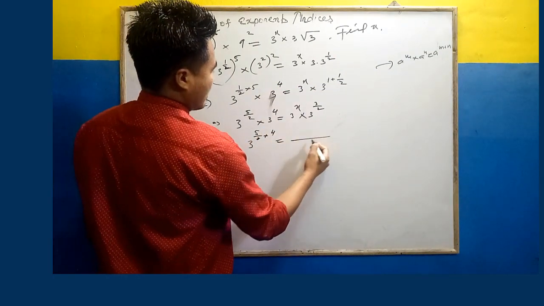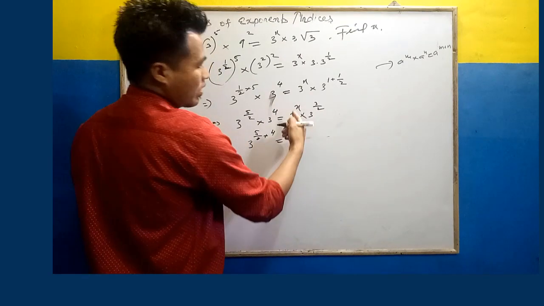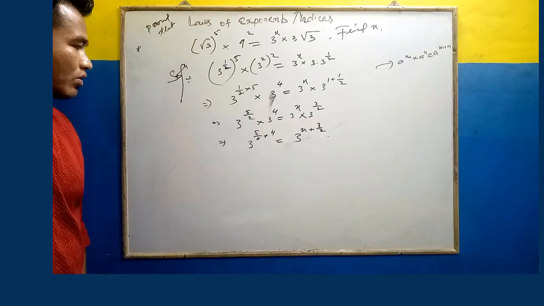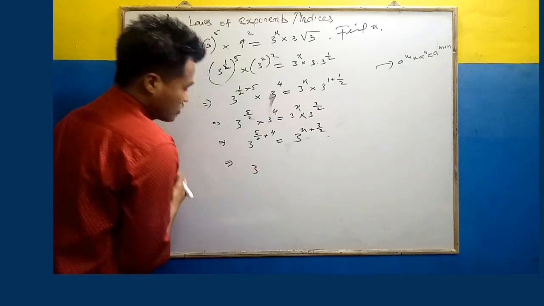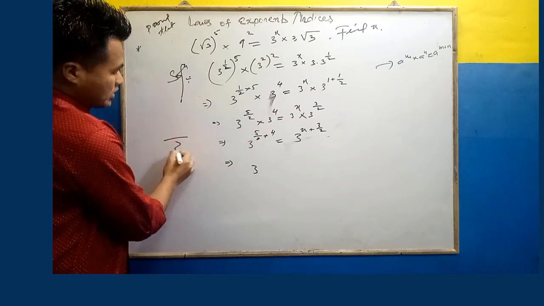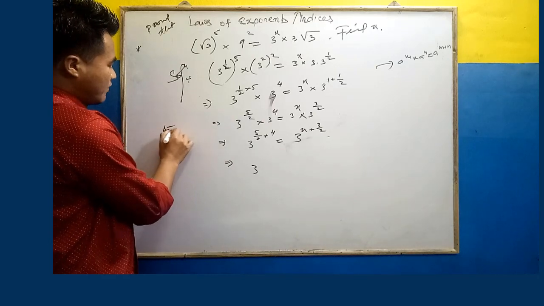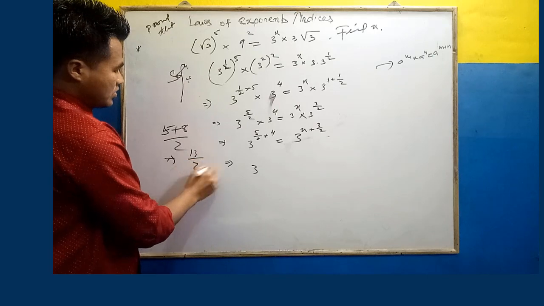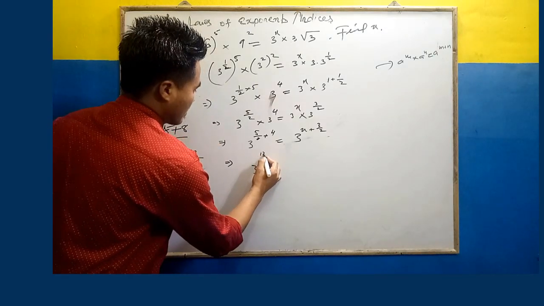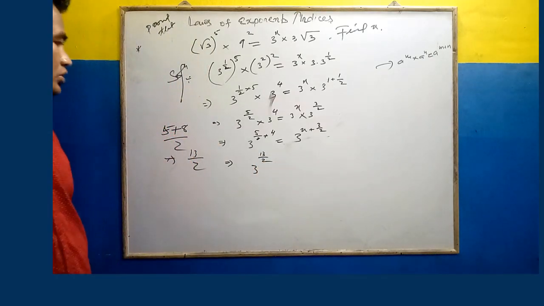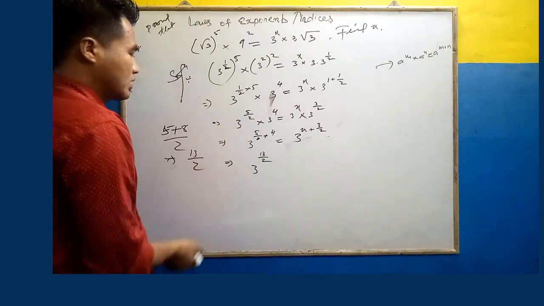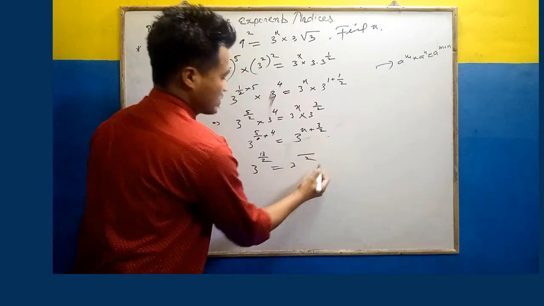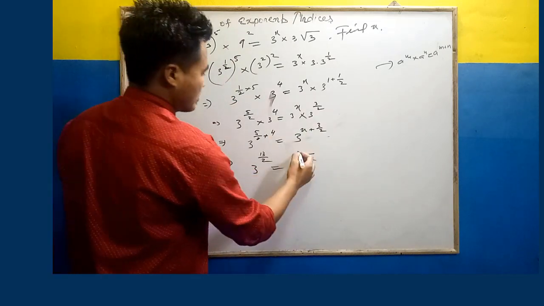Here also I have 3 to the power m plus n, which will be x plus 3 by 2, m plus n, I hope you understand. So which is equal to 3 to the power, if we simplify this, LCM is 2, it will be 5 plus 2 fours are 8, so that means 13 by 2. So this means 3 to the power 13 by 2. I hope you understand how to simplify 8 plus 5 is 13. So which is equal to 3 to the power, again here if we simplify,